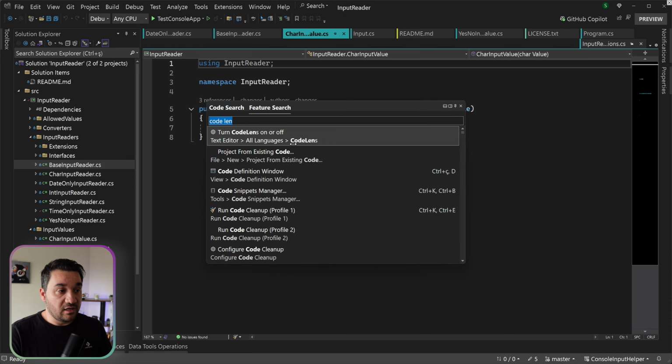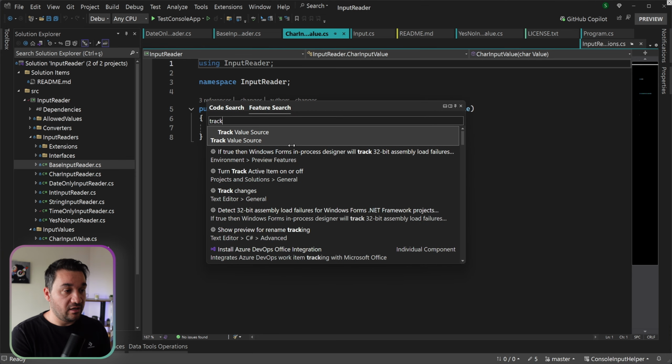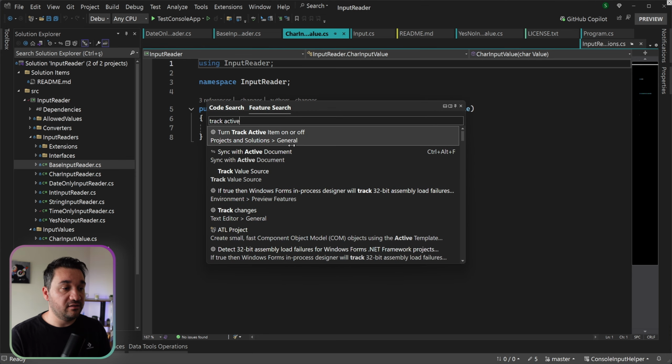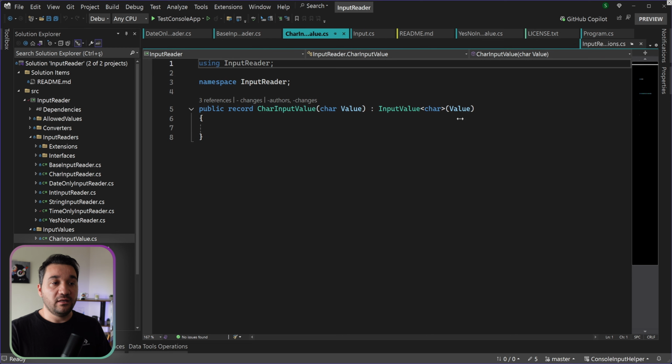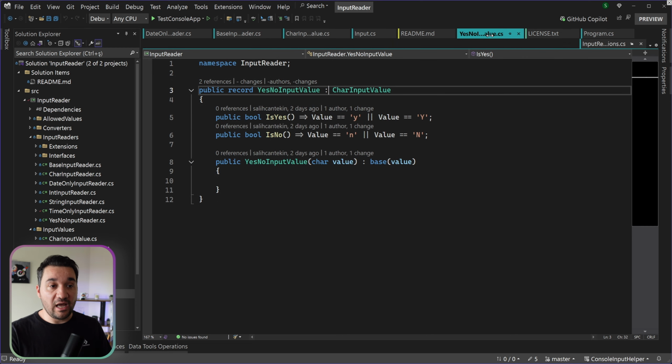Activity. So I'm just going to search for that. Track active items on and off under Project Solutions and General. Under Project Solutions and General, you're going to see an option for that one: Track Active Item in Solution Explorer. Once you enable that one, now whenever I switch any tabs,